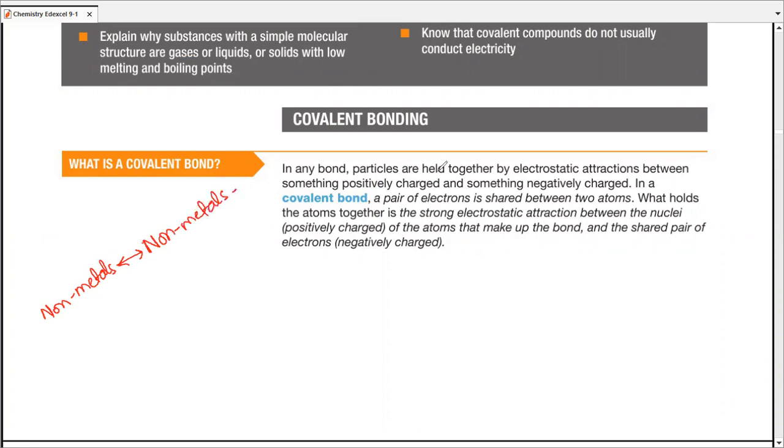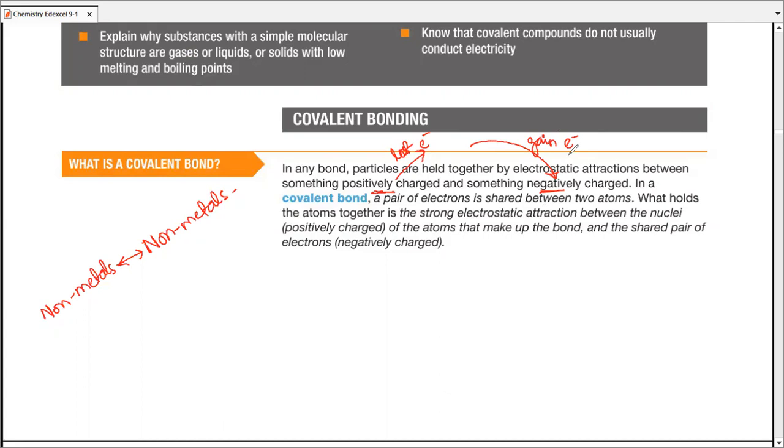Now, why does that happen? Previously in the ionic bond, the electrostatic attractive forces were between something positively charged and something negatively charged, which was all occurring due to a simple phenomenon. The positively charged species lost an electron, and the same electron was gained by a negatively charged species. I mean, an atom which later on converted into a negatively charged species. So this was transfer of an electron.